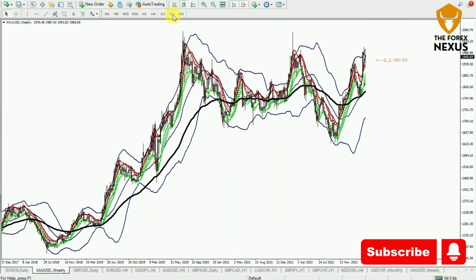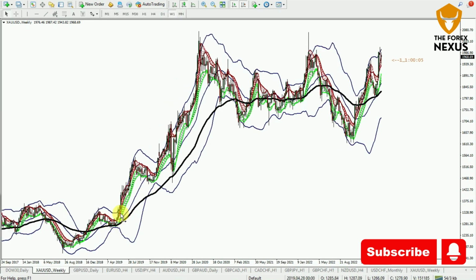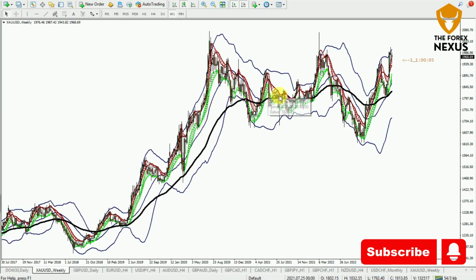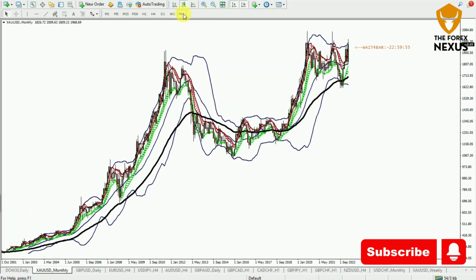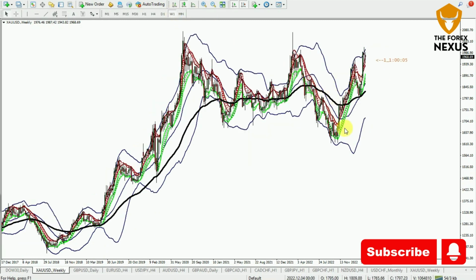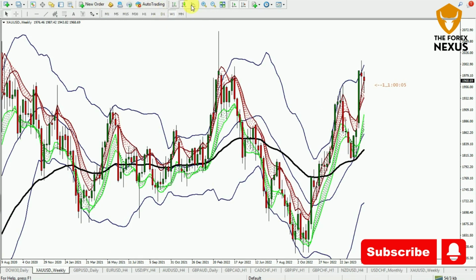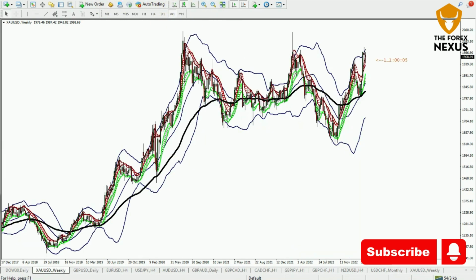On the weekly time frame, you can see here that we have a strong bullish trend. Here we got the ranging area, and at this point we got a bearish trend for a while. Okay, and